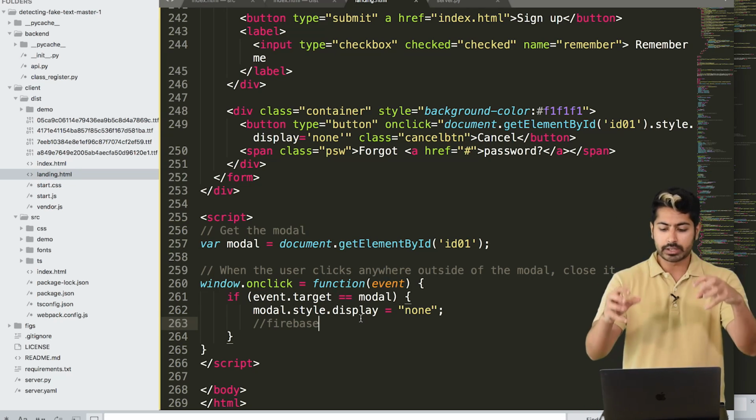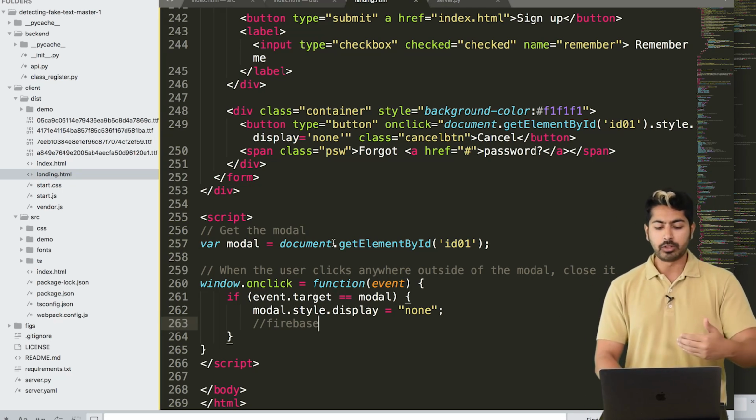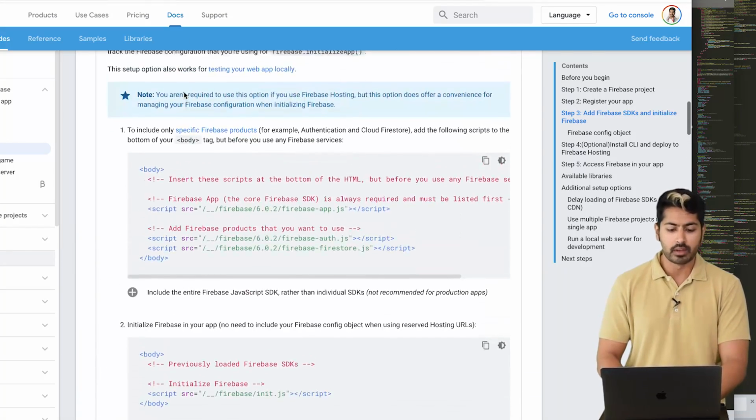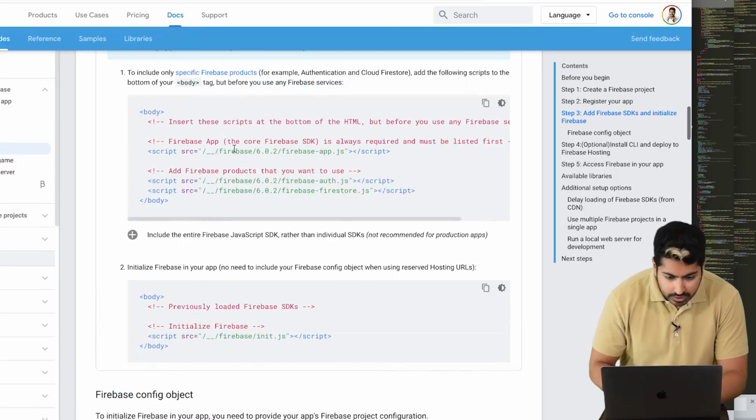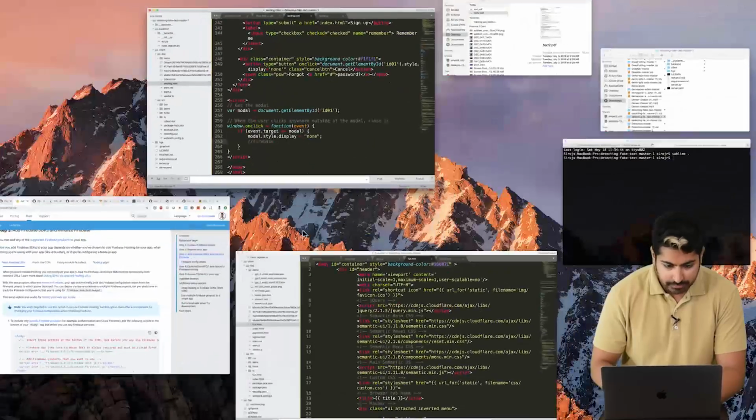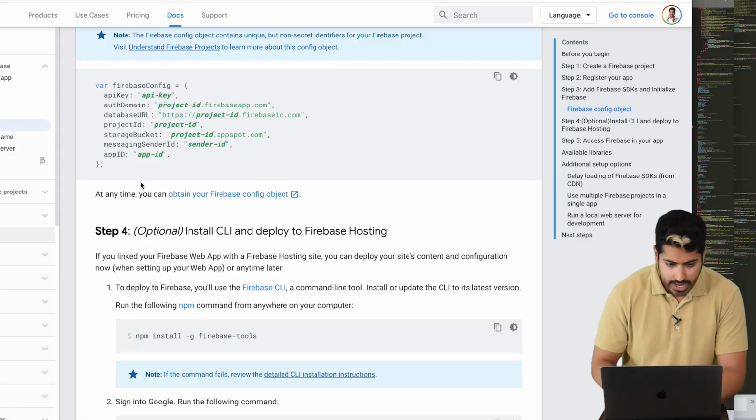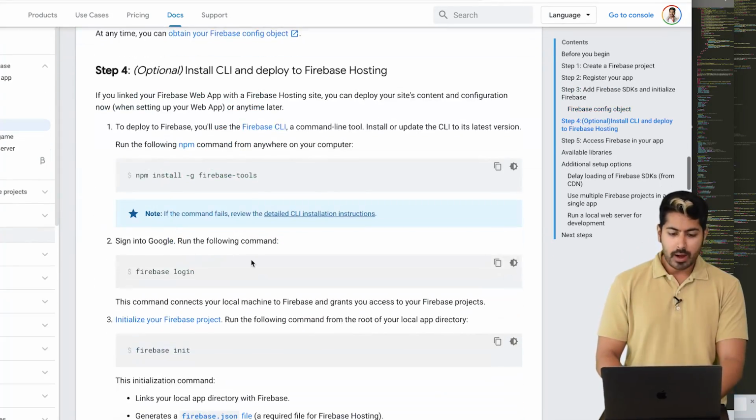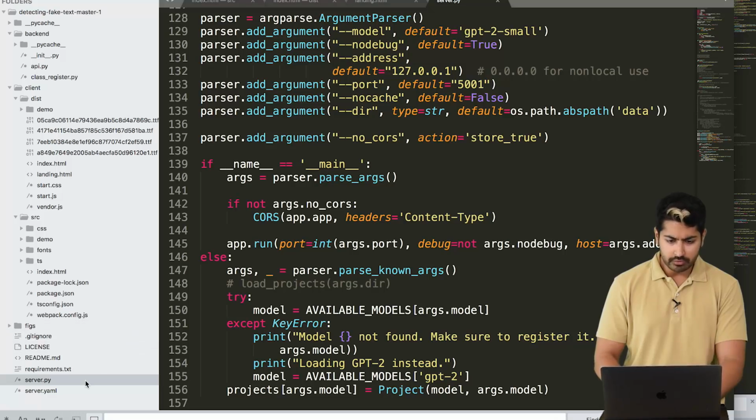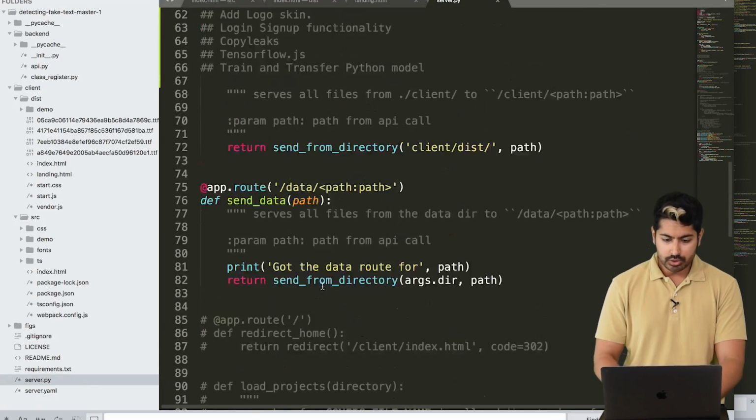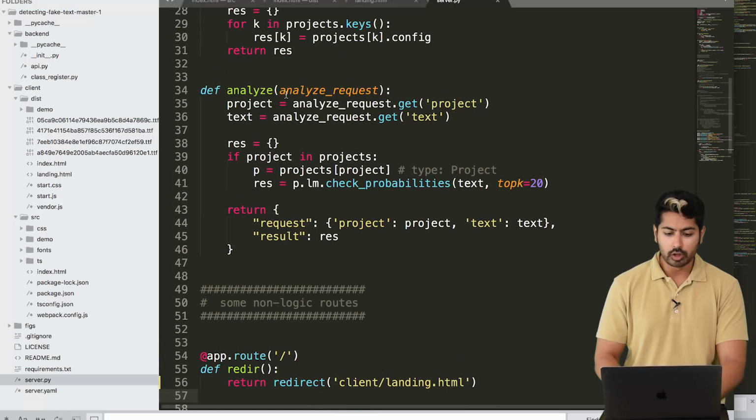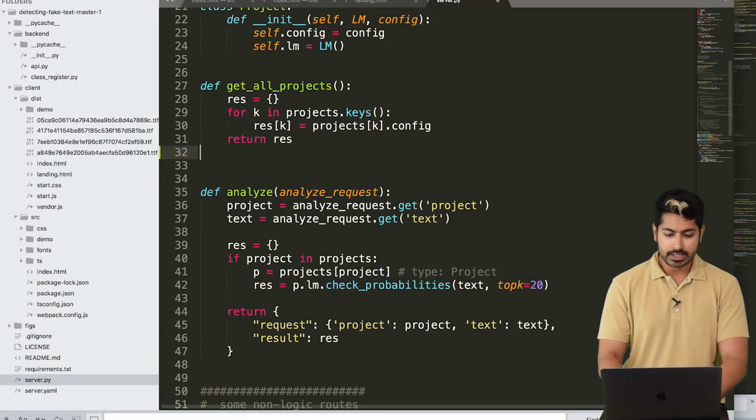Whenever a user clicks inside of the app after they've typed in their username and password, we want to input some Firebase code. So if we go to Firebase and see how we do this, this is happening in JavaScript. We can say, okay, when you do that, do this. But a better way to do this is to do this in Python. So actually, in server.py, we can create a new non-logic route, or we can create a logic route called def